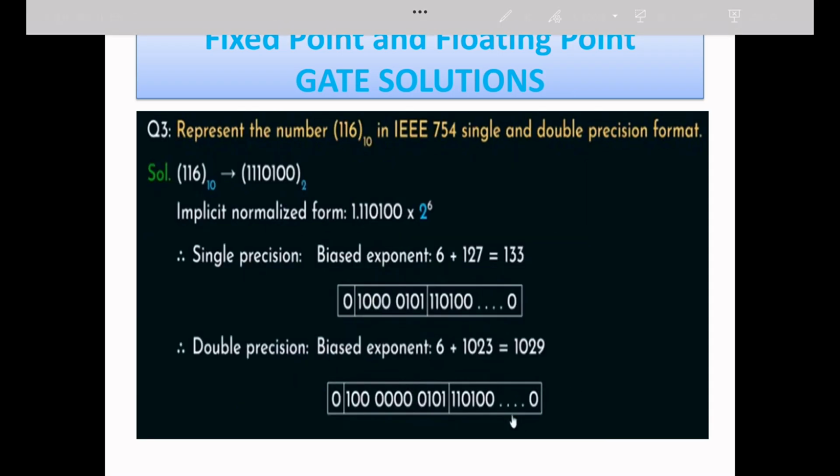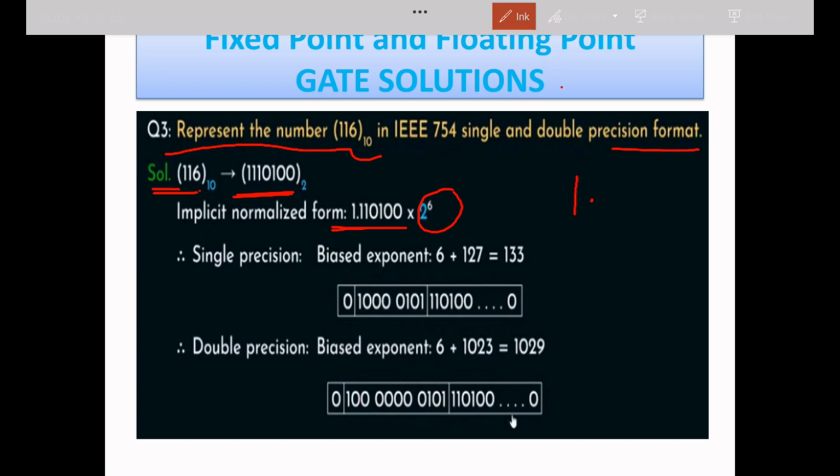Now the next question, what is he asking? He is asking to represent the 116 base 10 in single and double precision format. Very simple. He has given you 116. At first I will convert this 116 to the binary form. Done. Now after that I will place the decimal. So I am writing 1 dot 110100, and in this condition I am writing 2 to the power 6